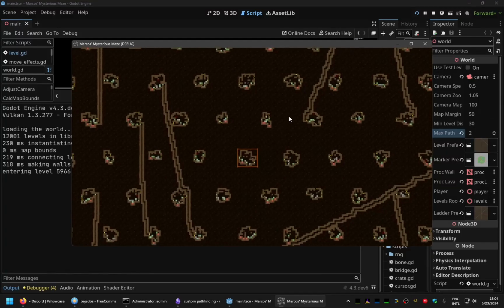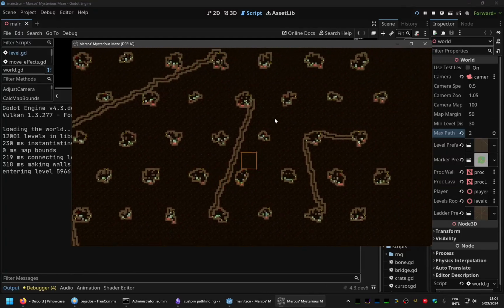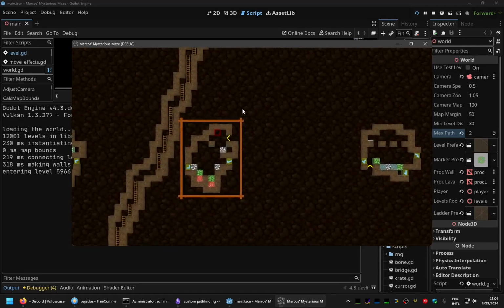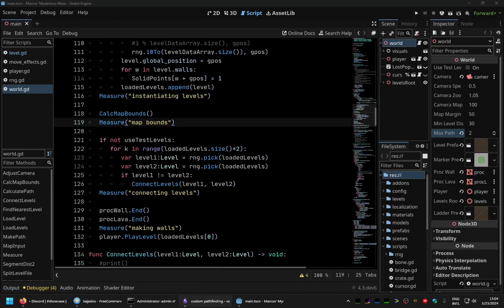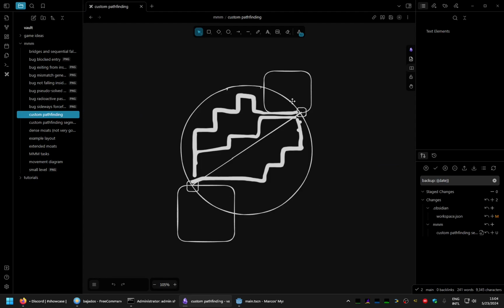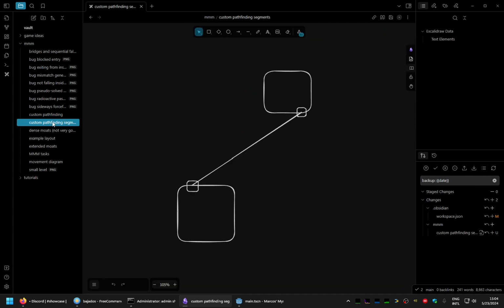Hi, I wanted to show some progress in the pathfinding algorithm. I'm now using, instead of the circular distance before, which allowed for much more area to be explored before finding a path, a segment distance. I'm computing the segment between the entry and the exit, and with some parameter here,